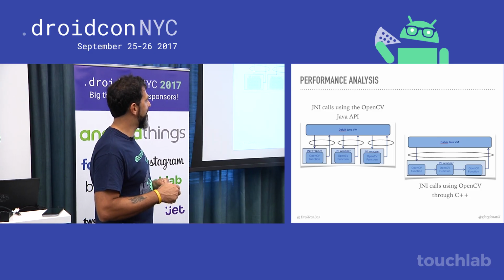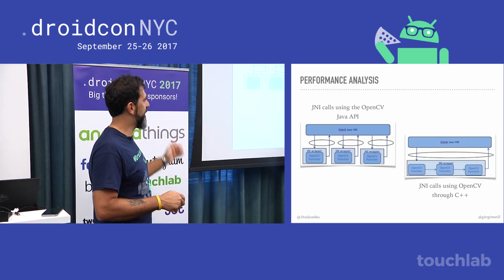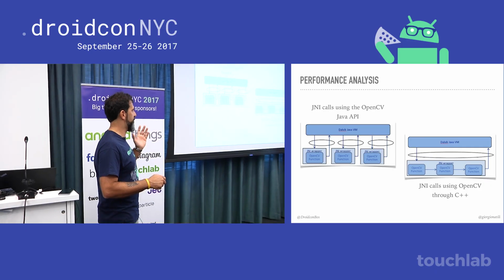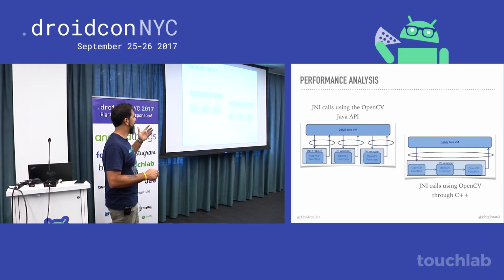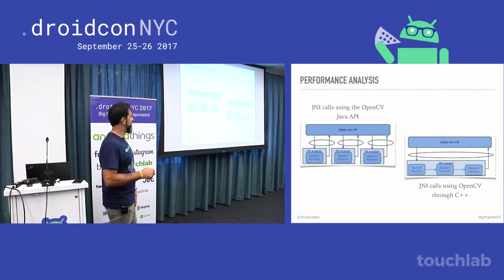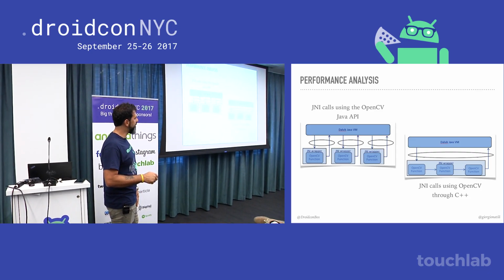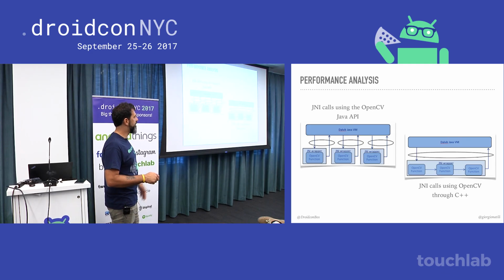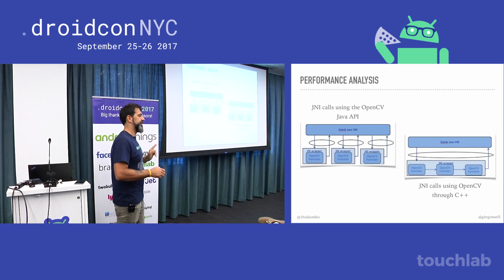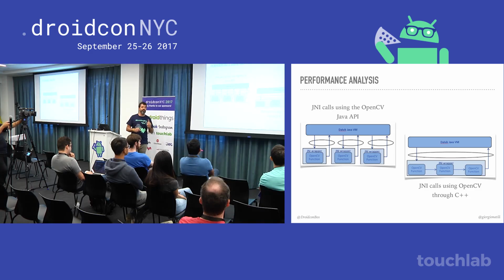For the same algorithm that you can create using the JNI wrapper and the OpenCV SDK, you can reduce the calls about 90% writing native C++. So that's very important. Once you get into performance, use C++ directly and use the native support of the